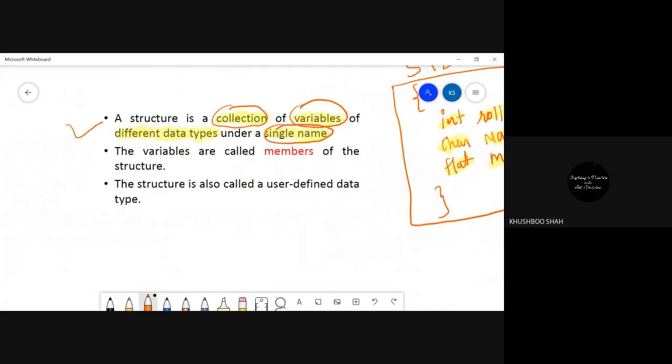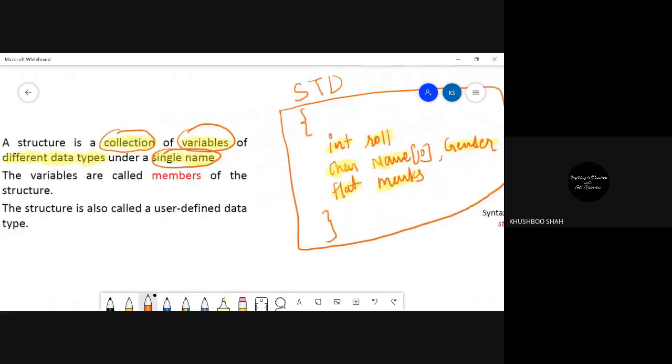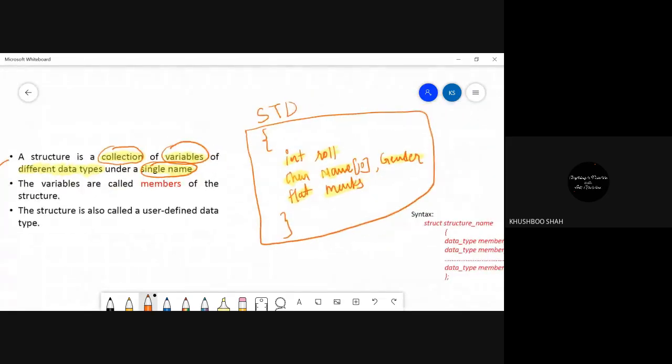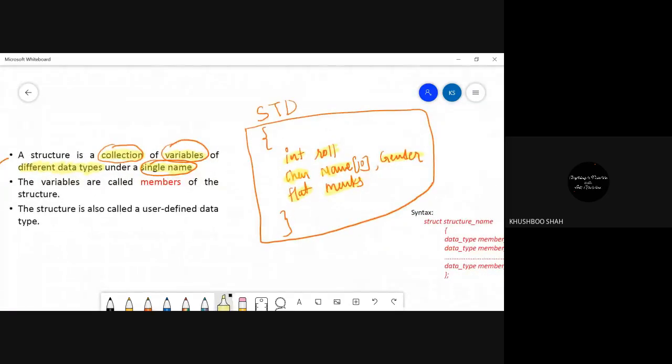The second point: the variables are called members of the structure. See, here the variables are called members. If I ask the question, list out the names of the members, how will you answer? There are 4 members: roll, name, gender, and marks. Perfect.